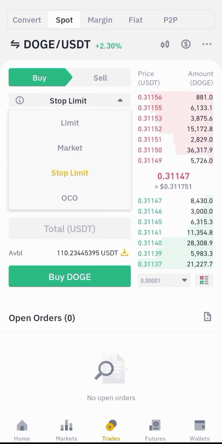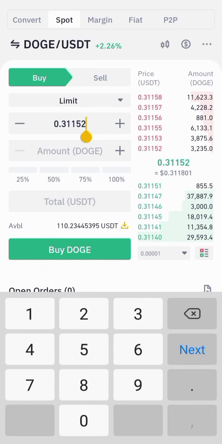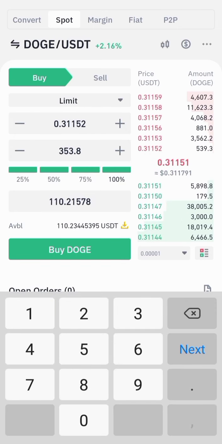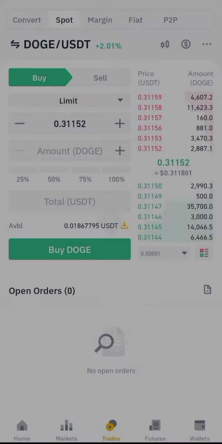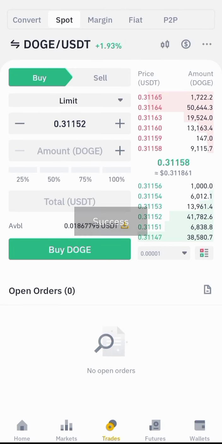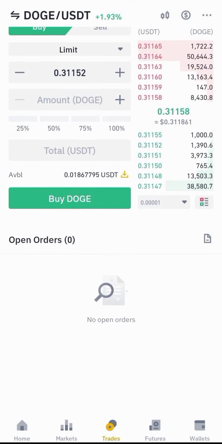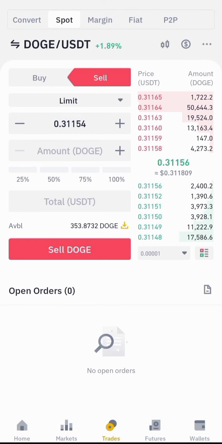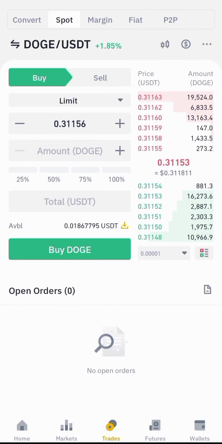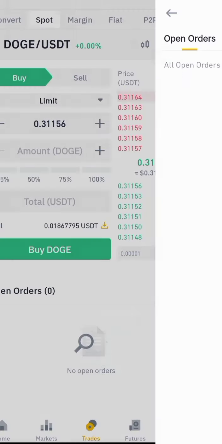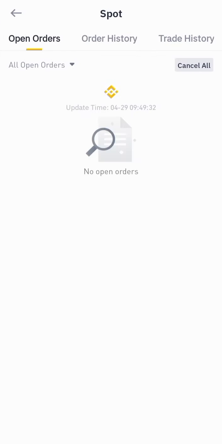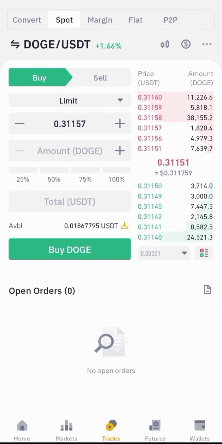Let's get back to buy some Doge using the limit order. I use the last percentage, 100%, and there we go. I think that was quick. It has been filled for me. You can see I have my funds in Doge now. So I just bought some Doge, and